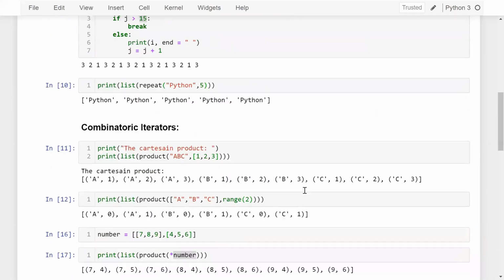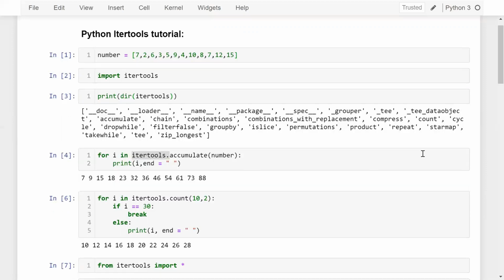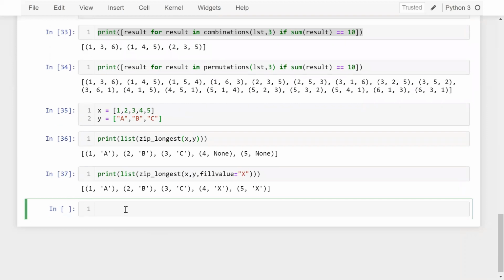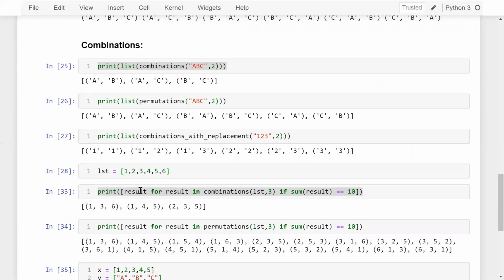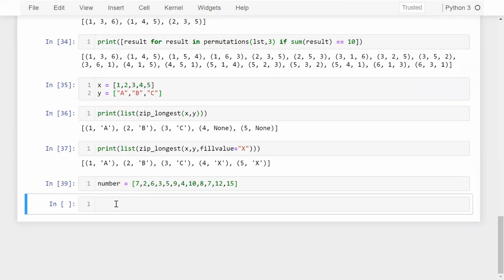Now let's see another one, which is slice. This is also a very good method, and starmap is also a very good method. Let's see how we can use them. I'm going to print my list, number, or let me change the list once again, this one. Now let's say I want to extract a few numbers. So let's say part of number, I want slice, right? Number and 4.